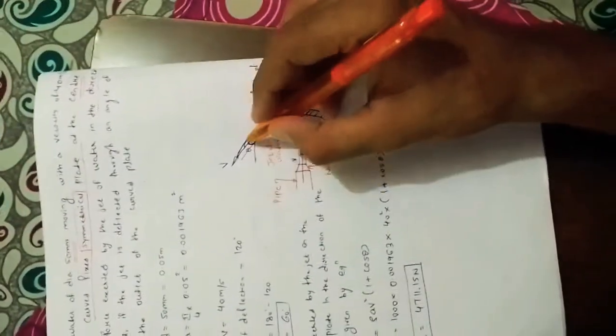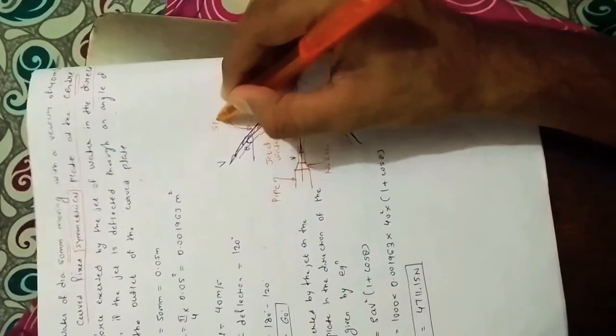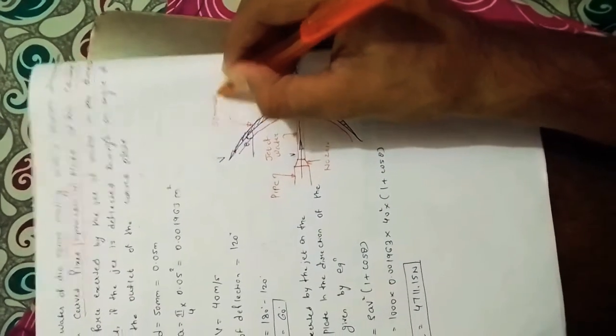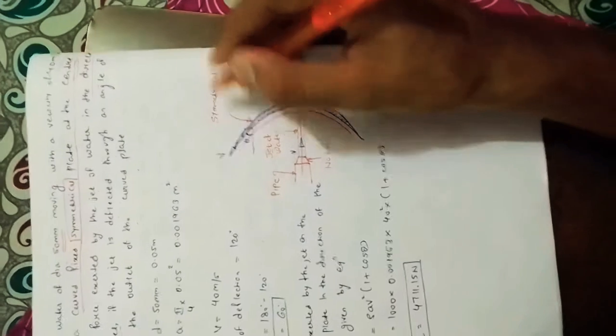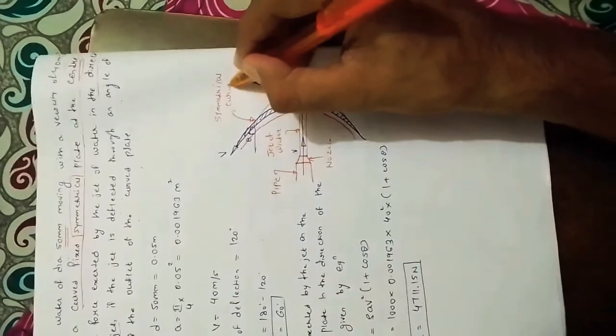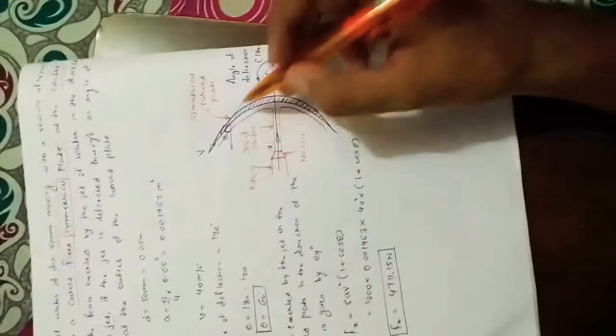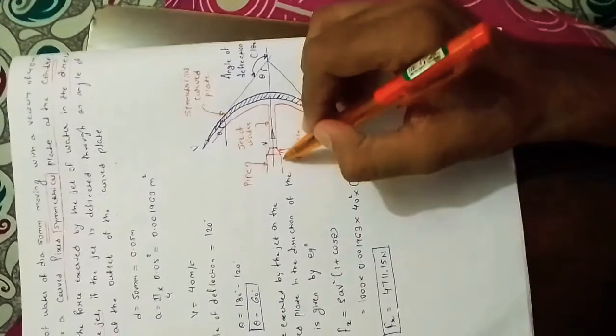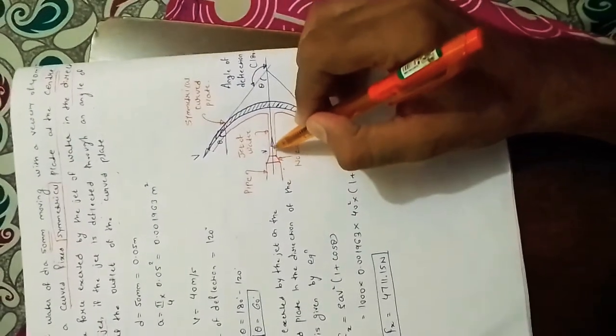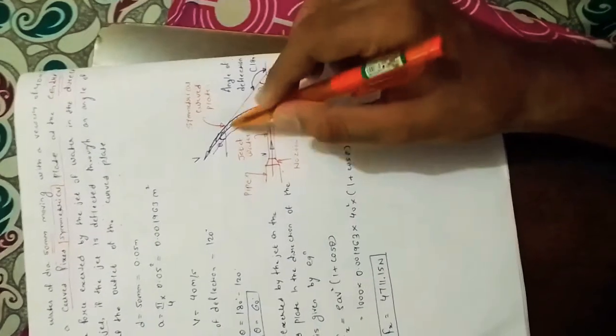So this is a symmetrical curved plate. This is a pipe, this is a nozzle, and this is the jet of water striking the curved plate at